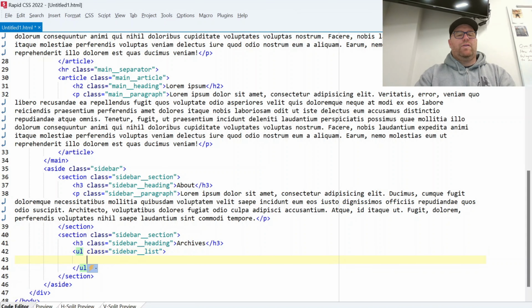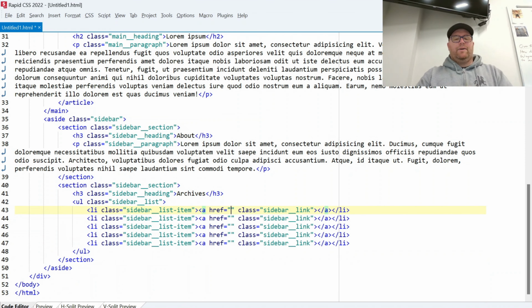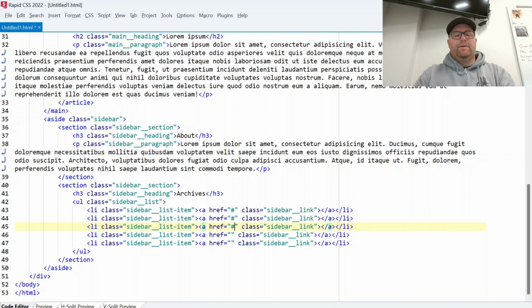Okay, and then each of these will have links with the class of, or list items with the class of sidebar list item. And we'll do, let's do 5 of those. Inside of that, we'll have anchor tags with the class of sidebar link. And so we'll expand that out. Each of these won't go anywhere. And we'll just have